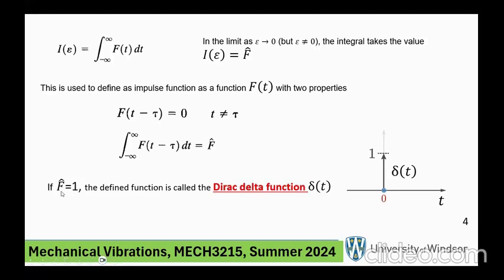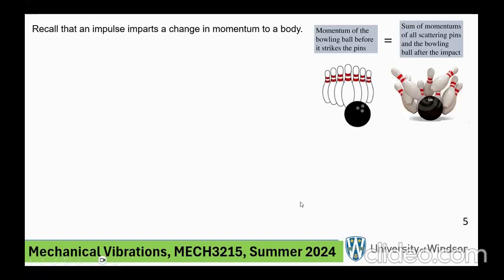So I told you that the Dirac delta function is the one where the area underneath it is 1. That's why f hat, if we refer to the previous figure, is 1, okay? The area underneath it is 1, it shoots to infinity, and it's 0 everywhere else. Very strange. Okay. Now, in order to use this for the purposes that we have in mind, let us